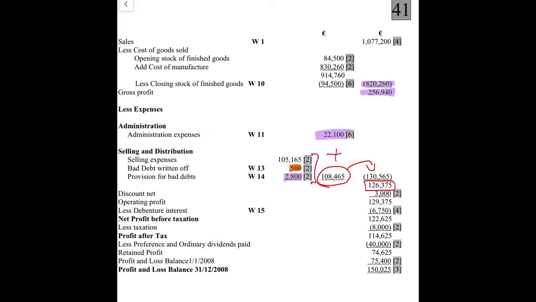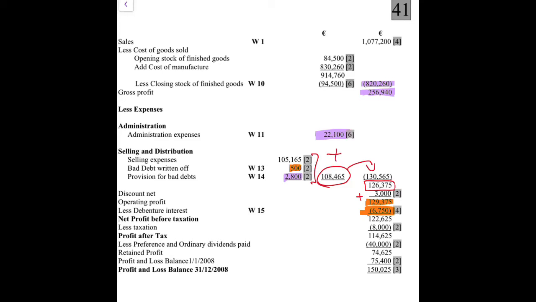Okay, so the discount is on the credit side, so it's discount received of €3,000, so you need to add that in. Okay, and then you're left with €129,375. You're then taking away your debenture interest, which I did as part of the suspense working. You're taking away your total for the year, which is €6,750, and you're left then with your profit before tax of